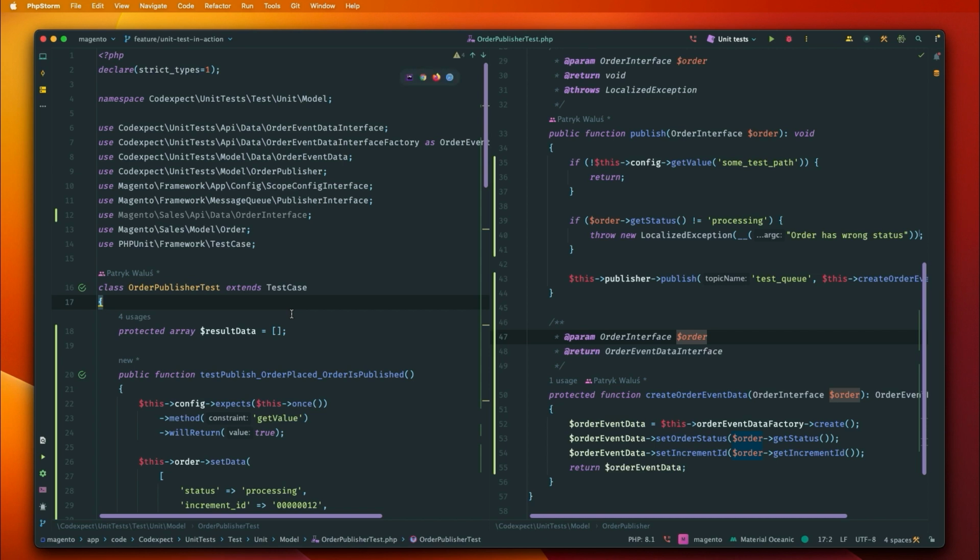And remember, unit tests are the fastest tests in the whole testing world. So we can run 10,000 tests and it will be a matter of a couple of seconds to see if your code is working. So this is true magic here. You can test and see if your code is working right while you implement new features or refactor